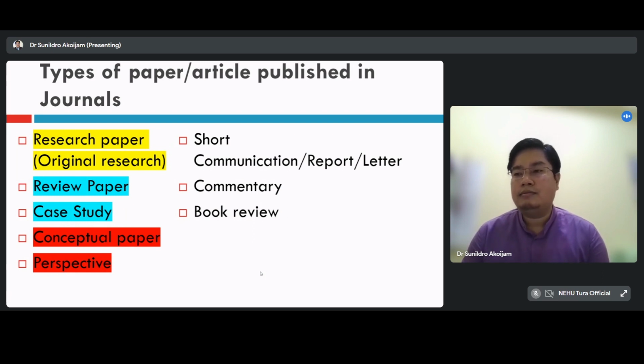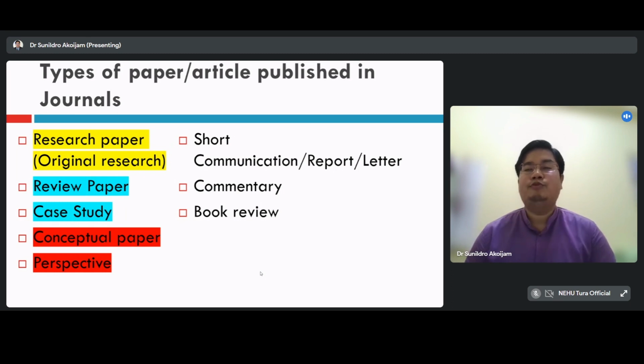For example, let's say when the demonetization took place, there were so many people who were giving comments in terms of whether they are supporting or whether they are against the demonetization. So maybe someone can take up this issue called demonetization, and accordingly they can give their comments. So they can publish it in the form of commentary in journals. Maybe the readers, after reading that commentary, can gain an understanding of how different people see the demonetization from their own perspective. Normally, it's a very brief type of article that is published under the category called commentary.